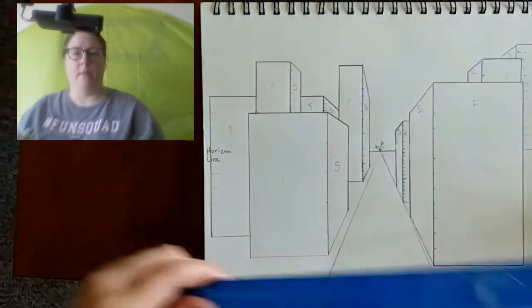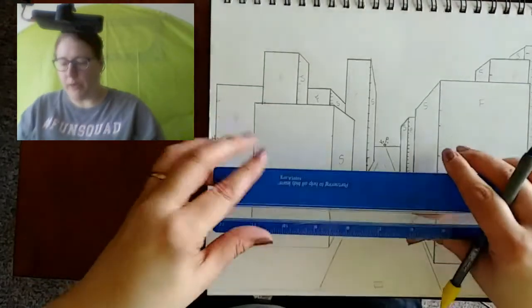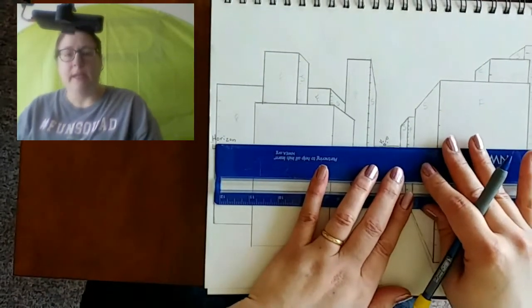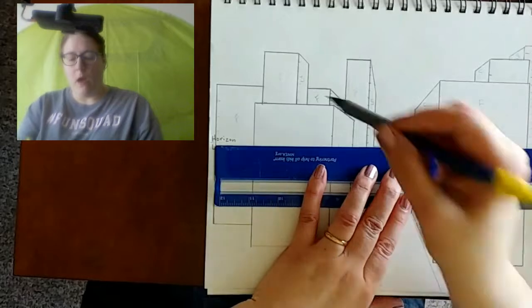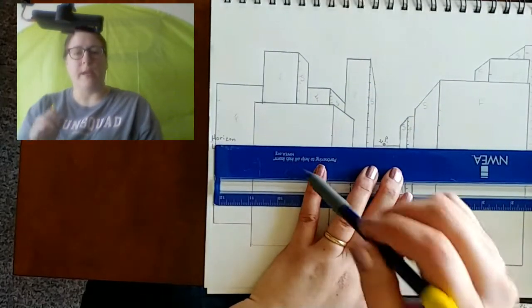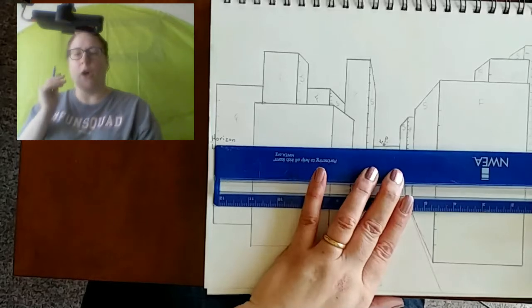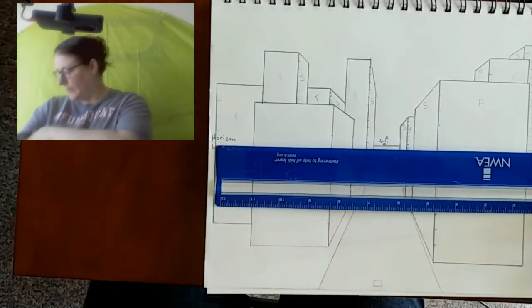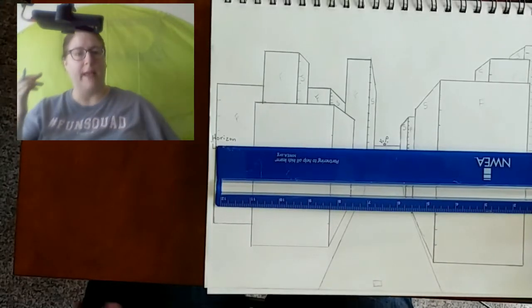All right, so a little math there for you. Here's my vanishing point. Here's my horizon line. All the lines on this building, including the top edge and the bottom edge, are straight, and all front parts of your buildings, everywhere where we marked F in the last video,